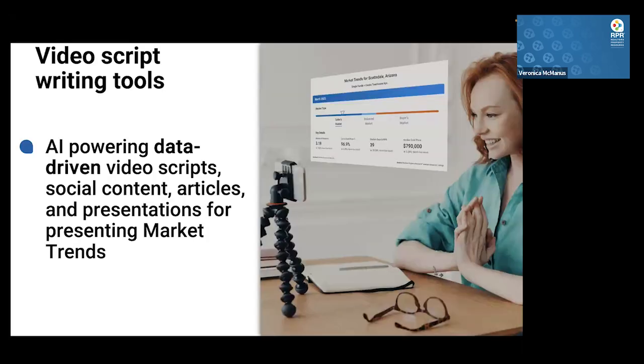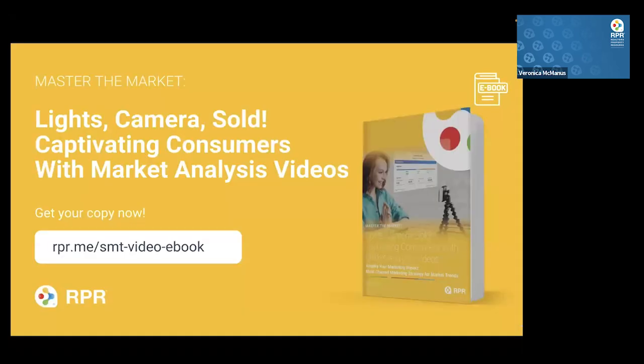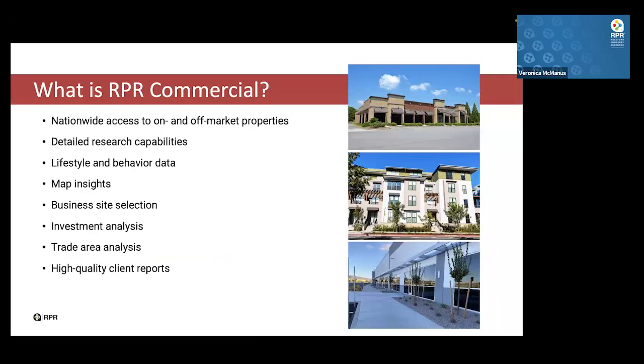We'll give you a tool on creating the video script writing tools and how to create videos. That's available here. So grab a screenshot here. We have an ebook and you can download it and we'll give you a step-by-step on that. So that's the AI script writer, the market trends, use your Canva templates, create videos, and you will be the